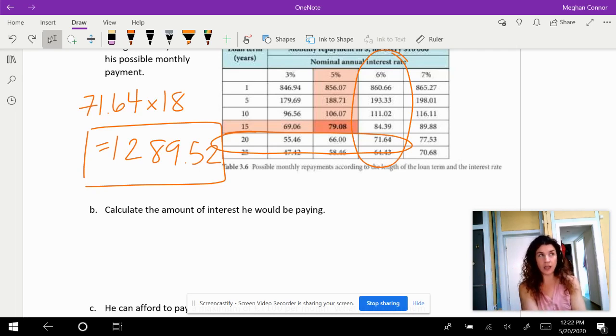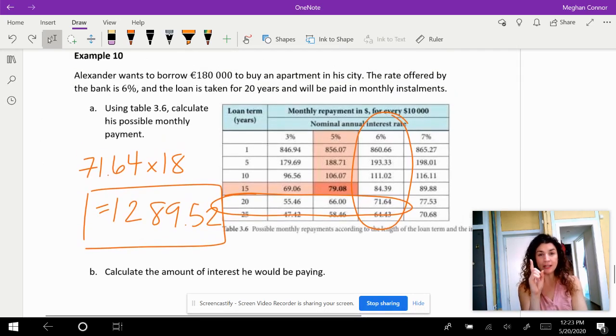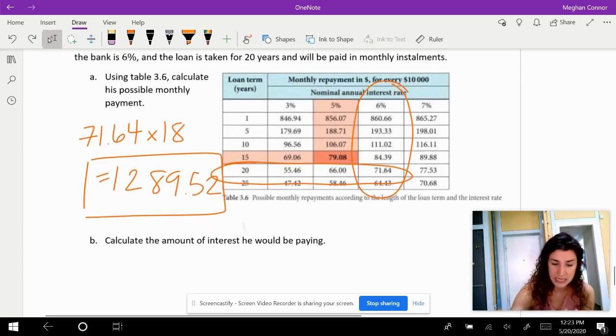But including the interest rate that we were given, we calculated that number for our monthly payment and then multiplied it by 6 to figure out how much money we are giving back to the bank in total, and realized it was actually €23 more than we had originally borrowed from the bank. So here we're now going to take this monthly payment and multiply it by 12 to talk about months per year, and then multiply it by 20 because we're going to do that for 20 years. Then we're going to figure out the total amount we're giving back to the bank, and then from there subtract out the amount that we borrowed and figure out how much more we are paying the bank than we originally borrowed. So we take that monthly payment,